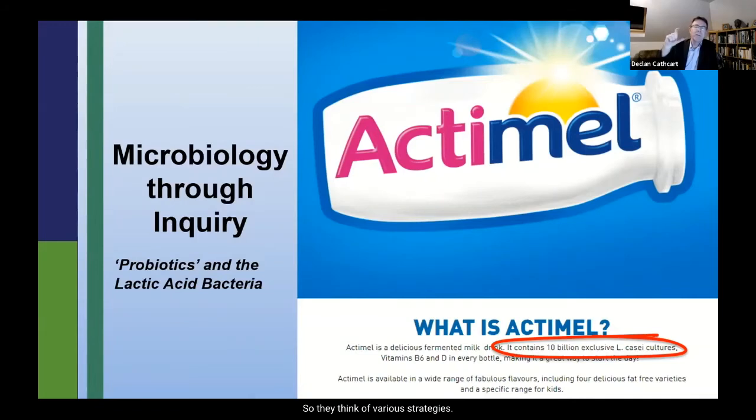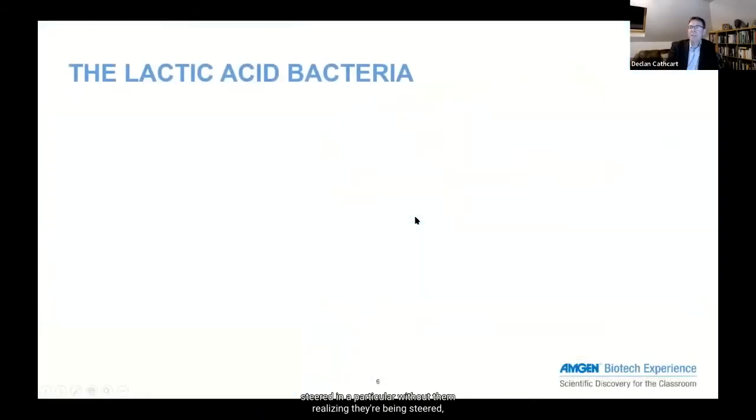So they think of various strategies. They think of even just theoretical ways, like get the volume of a bacterial cell and see if it could even possibly fit in there. A lot of this they come up with themselves, right? You get them thinking about it, they'll come up with it. But then once they're steered in a particular way without them realizing they're being steered,